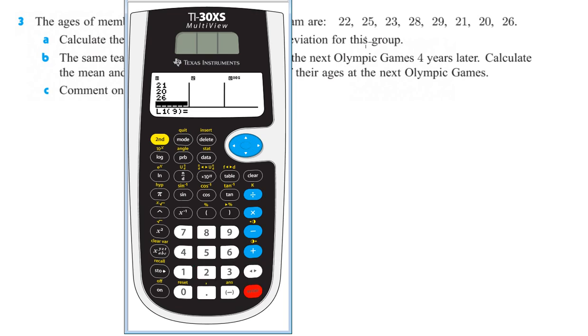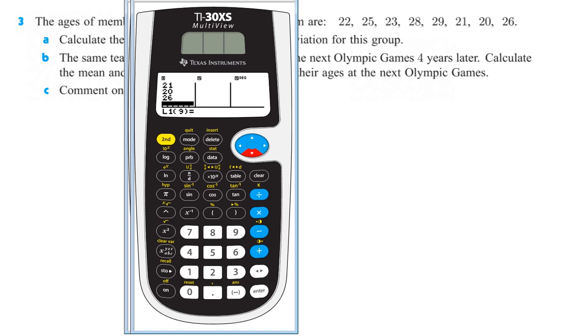No, that's looking for the 9th piece of data. 1, 2, 3, 4, 5, 6, 7, 8. So we have all the data. I'm just going to go back through and double check to make sure they all look good. They're all in the 20s somewhere. So, okay, that looks good. Now it says they want the